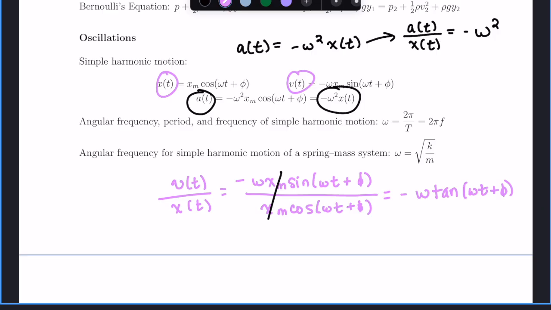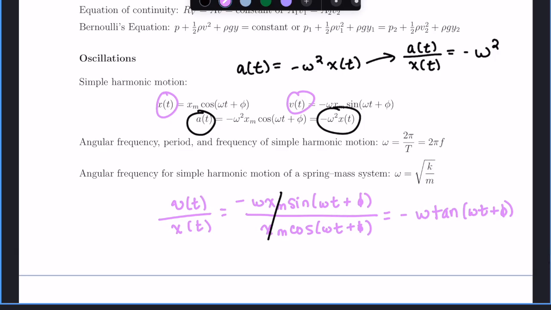I think the only other thing I saw in emails was not explicitly having the relationship between the velocity amplitude and the displacement amplitude, and the acceleration amplitude versus the displacement amplitude. But now I am going to start erasing stuff, only over here. But just to highlight the fact that this is something we went over in class